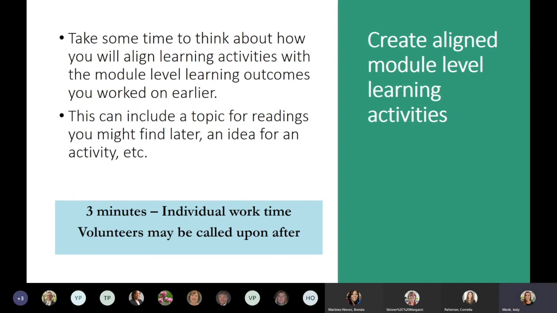Okay, do we have anyone who would like to share with our group? I'll give you a couple seconds to volunteer, and if not, we will move on. And again, if you want to reach out to a designer or your peers and get feedback after this, it's always good to have an extra set of eyes and ears on these planning steps. As faculty and educators, we sometimes see things and it makes perfect sense to us, but getting that feedback can be a useful tool to get different opinions of others.